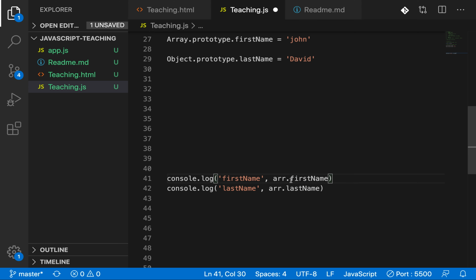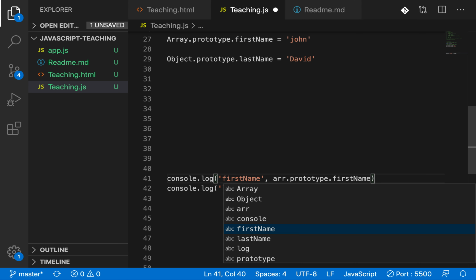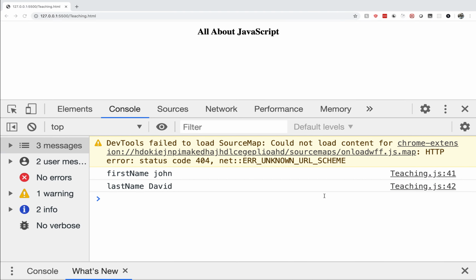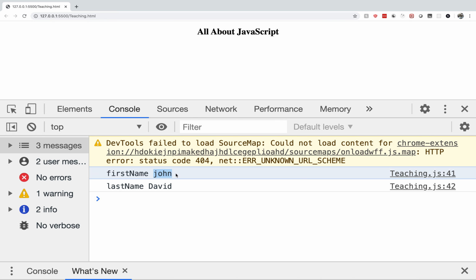I am not accessing this with prototype.firstName, there is no need. If you write array.firstName, you will get the value, and array.lastName gives its value. Let's save it and see. First name is John, last name is David.